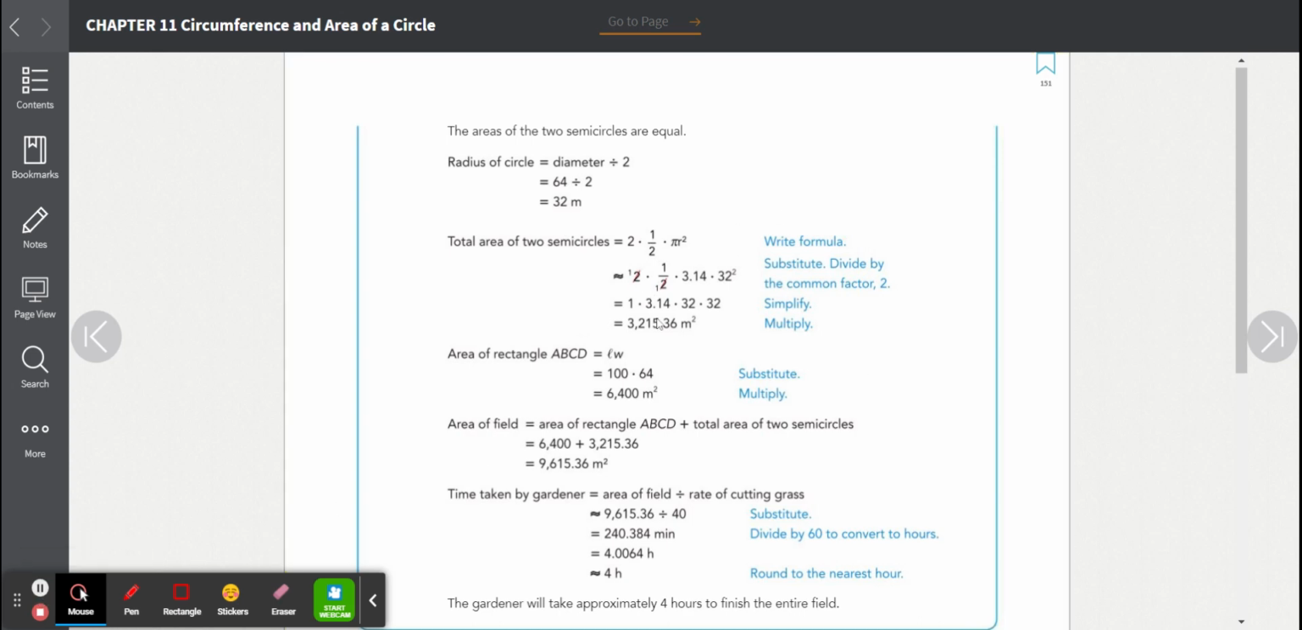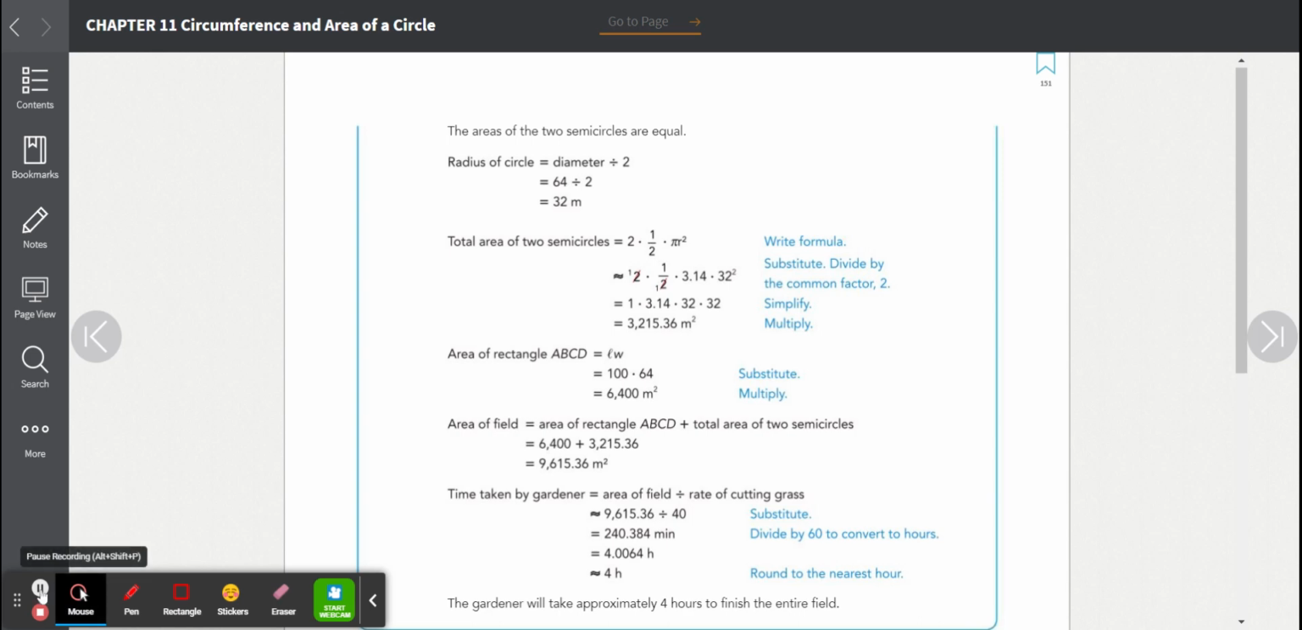So we're going to solve for the area of the two semicircles as we plug our numbers in. 3,215.36 meters squared is our answer. Then we're going to find the area of the rectangle ABCD, which is 6,400 meters squared. So then to find the area of the field, we're going to add this all together for a total of